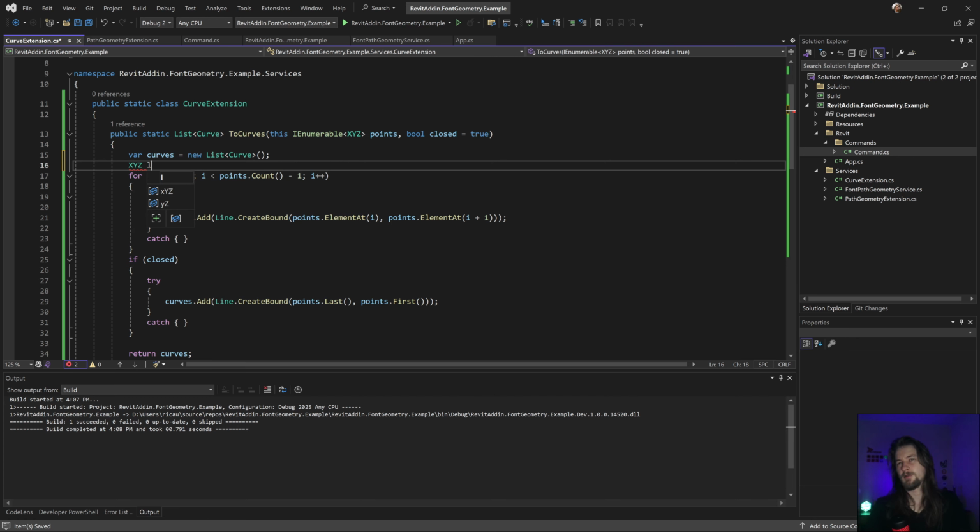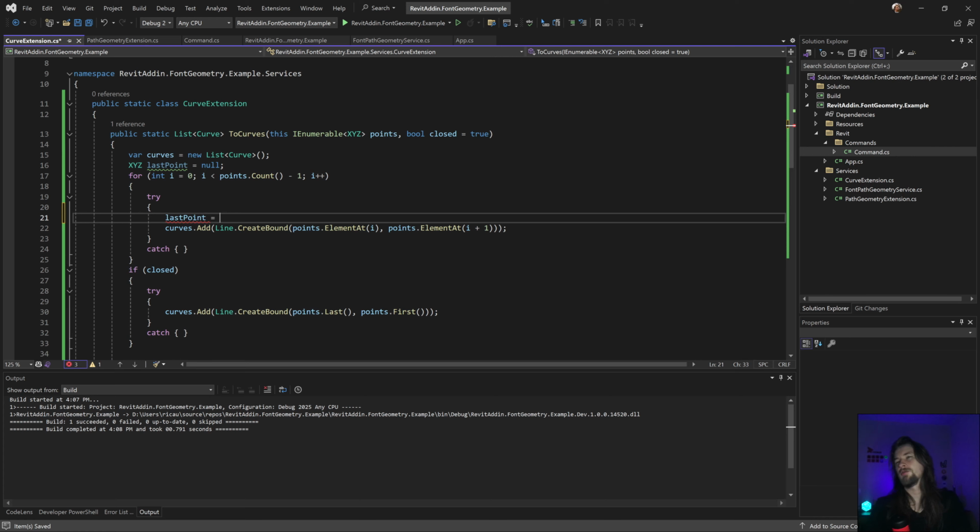XYZ last point equal to null, yes. And this one should get the last point.